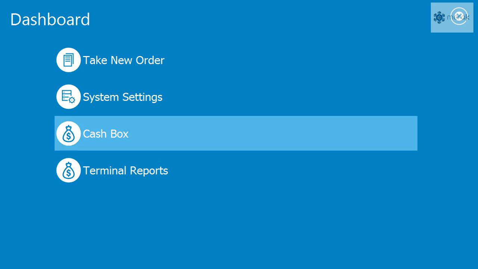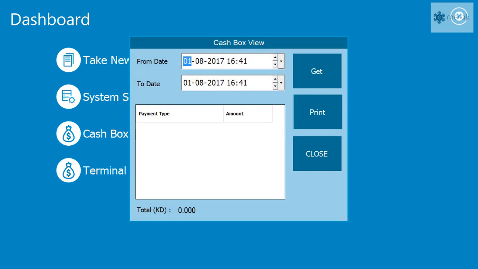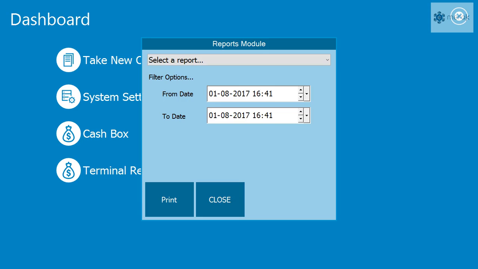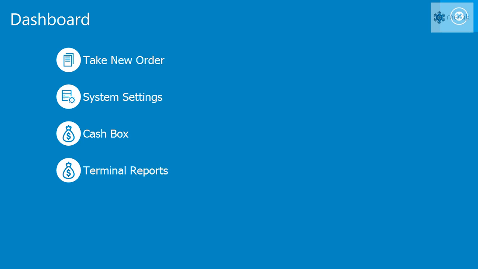You can have a cash box which will show you the current amount available with you. There are terminal reports. This is a very good report which gives the entire report of the business done today on a thermal printer. So you will have the entire report, like what the business was today, what the sales were, what discounts were given, what items were sold, which employee sold what item. You can get the entire sales summary record of any date you want. Mostly people print it at the end of the day and take the report out. So this is the entire system. You can just view it, or if you want, you can print it. And now we exit the system.